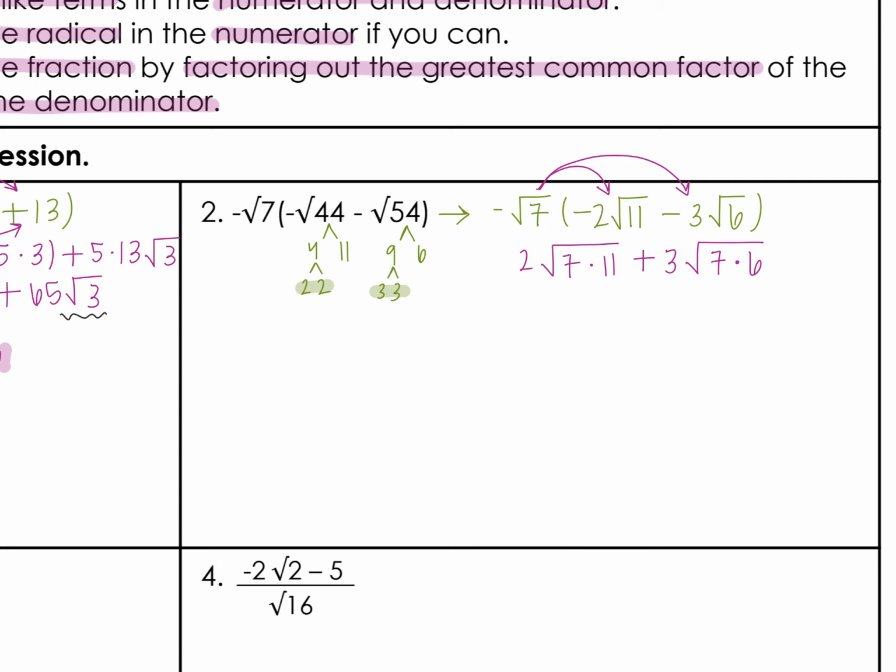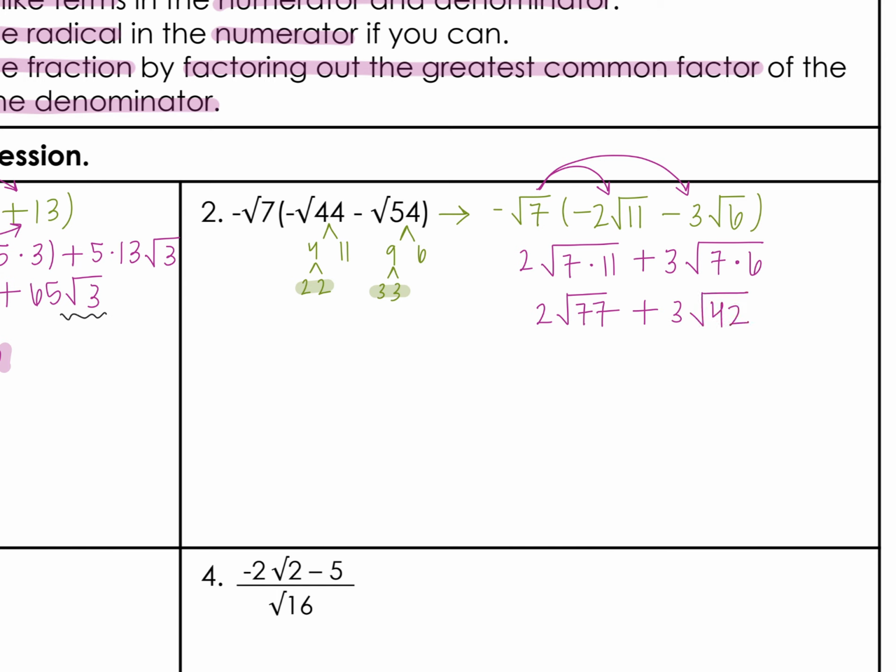All right, and so just checking here. I left them unsimplified, sorry, just because I want to look and see if I can factor out any more. But we've got that 7 times 11. Those are both primes. So we're going to go ahead and we can multiply those together to get 77 under that radical. And then for the other one, we do have that 6 can be broken into 2 times 3, but we still don't have another pair with that 7. So I'm going to go ahead and multiply, and we'll get that 3 root